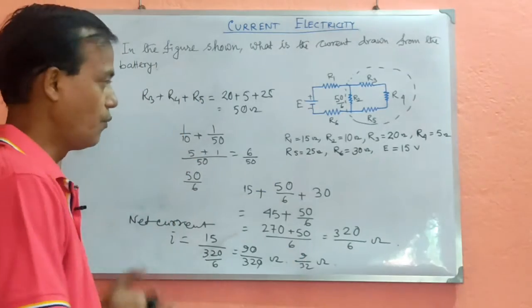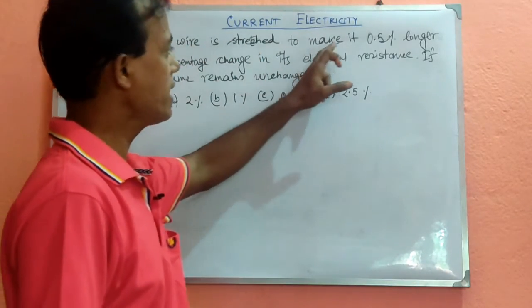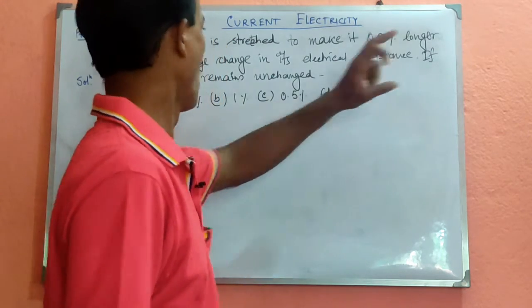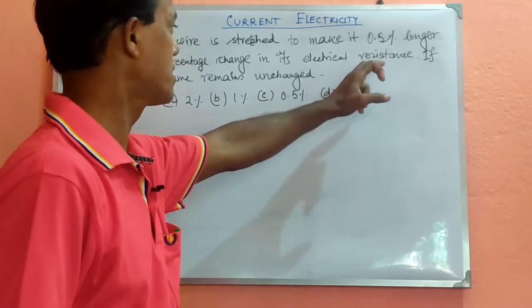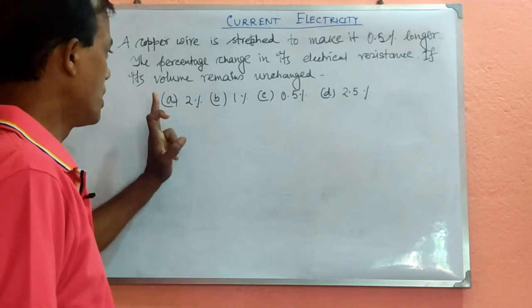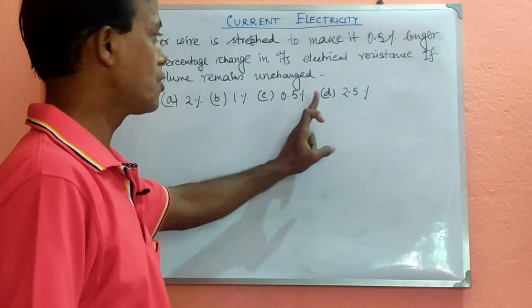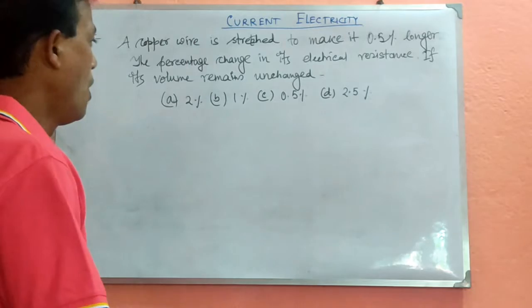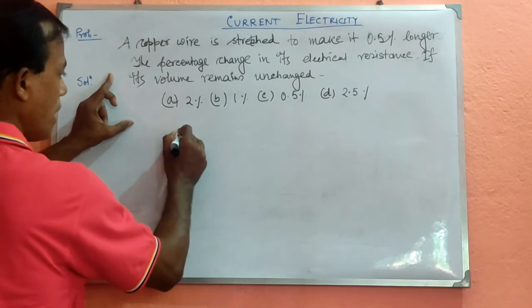So let's start with our second problem. Now the second problem is a copper wire is stretched to make it 0.5% longer. The percentage change in its electrical resistance if its volume remains unchanged: A 2%, B 1%, C 0.5% and D 2.5%. First of all, we have to know the relation, that is R is equal to